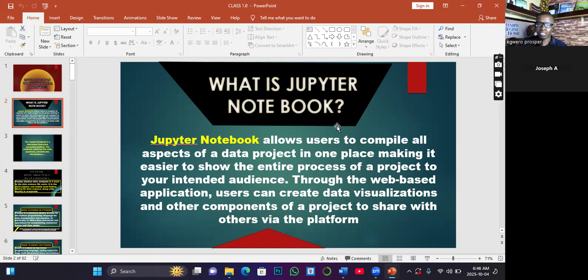So let's also look at the Jupyter Notebook, because this is actually the main reason why we are installing Anaconda. So what is the Jupyter Notebook?